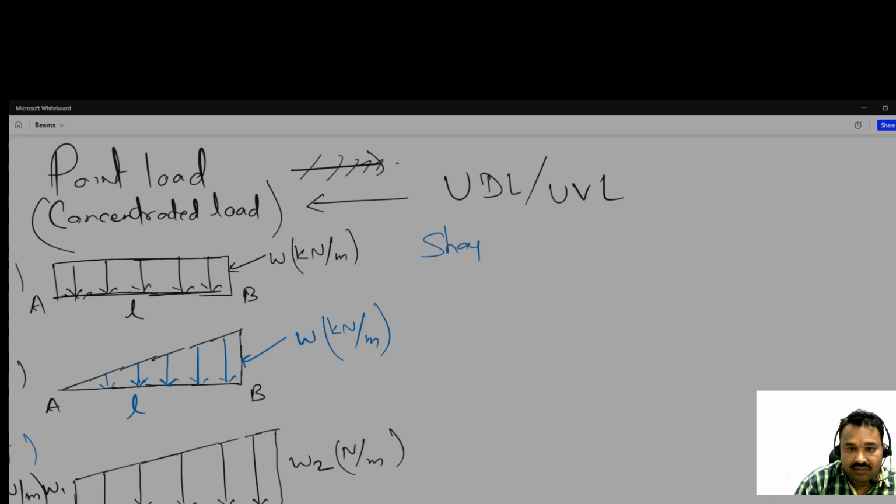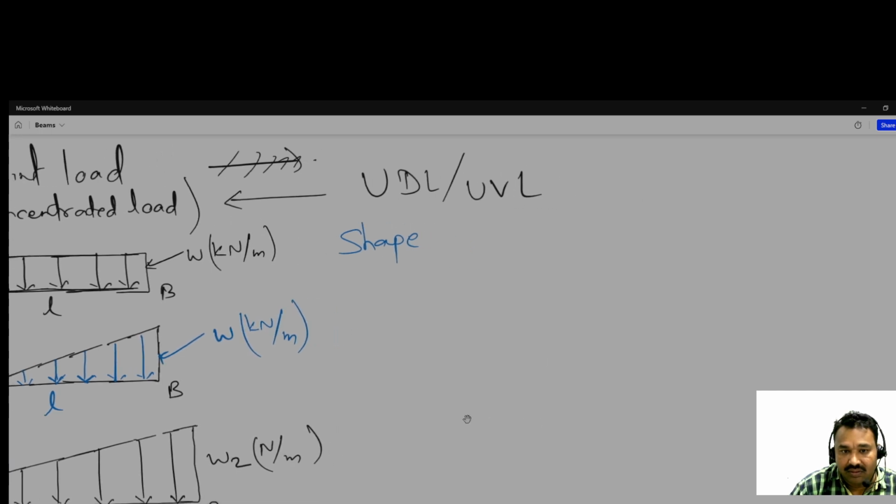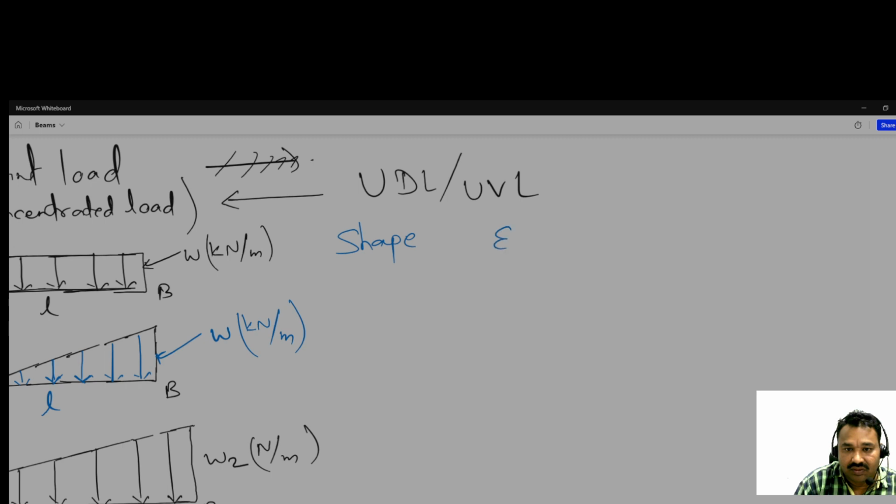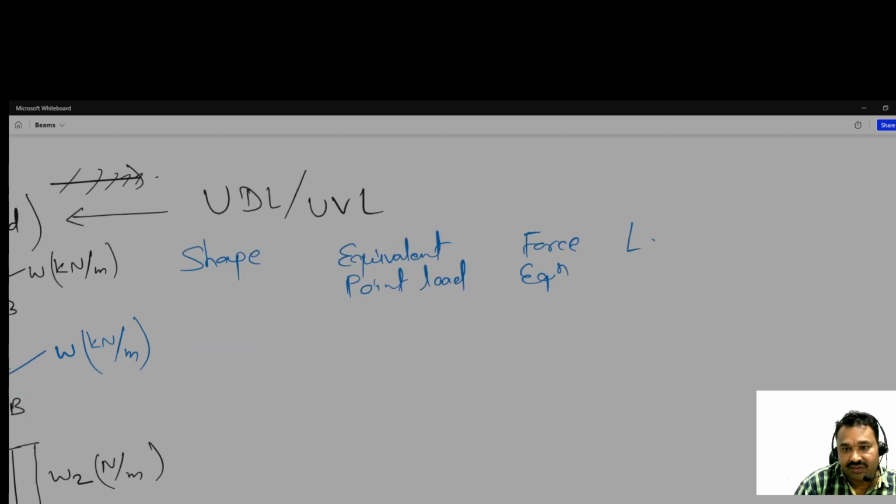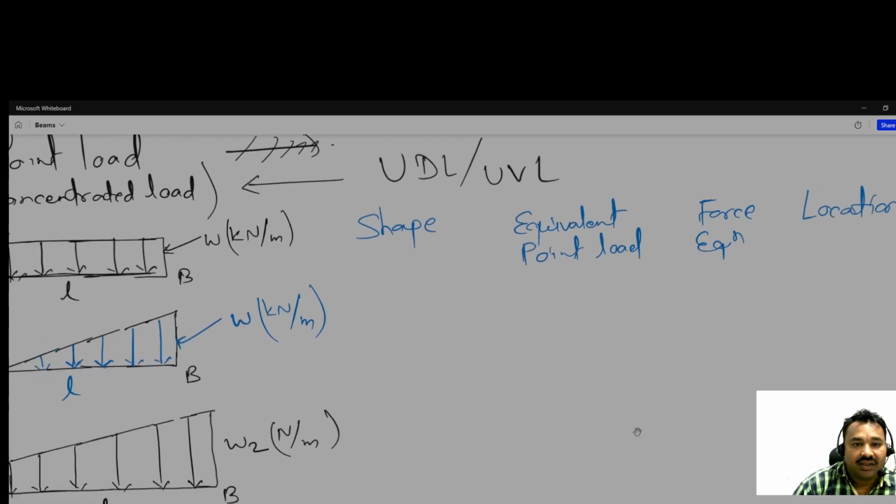Regarding shape, then equivalent point load, then force equation, then location. In this way you can make a table and see. The first one we are talking about,